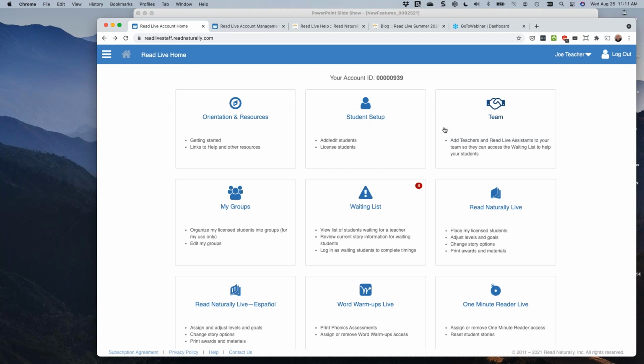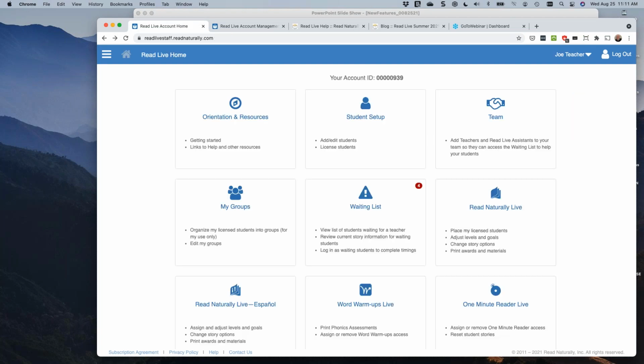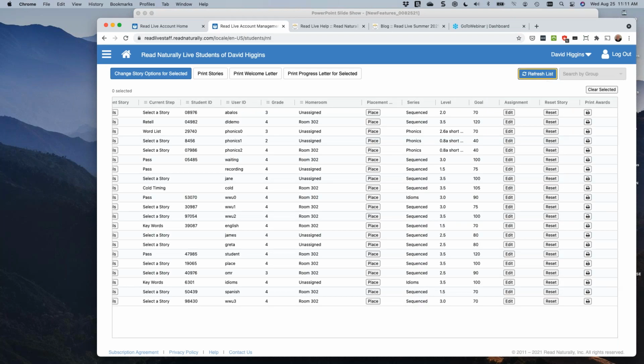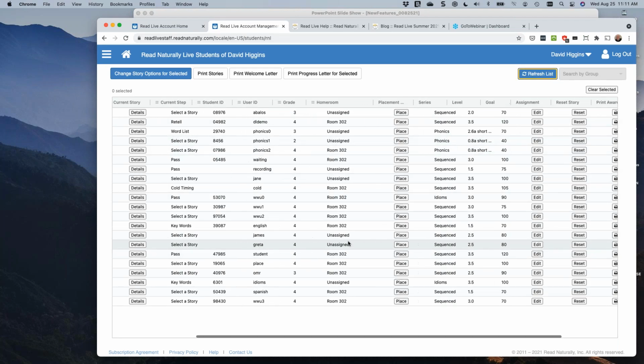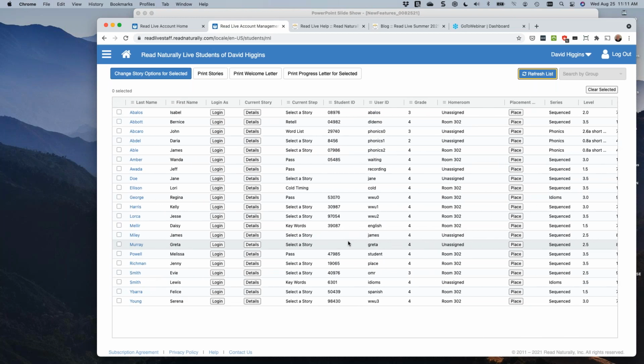But once I add David Higgins to the lead teacher's team, Joe Teacher, so I've added him again. Now when I refresh the list, David Higgins has access to all of the students for the lead teacher's team. So any teacher on a lead teacher's team can not only see the same students on